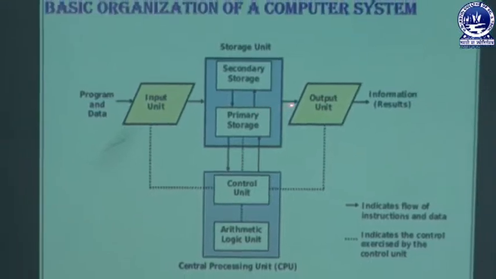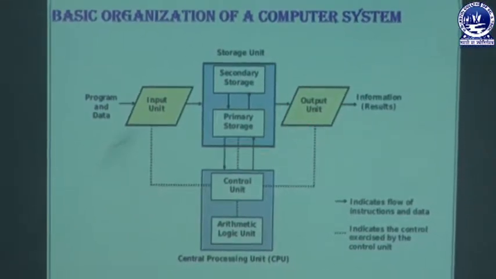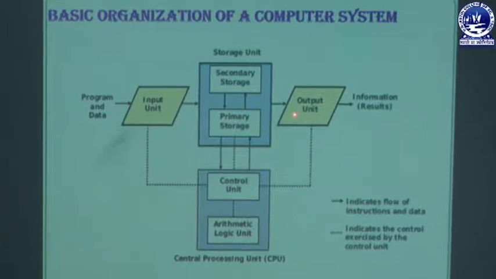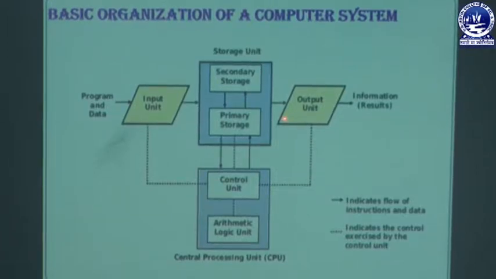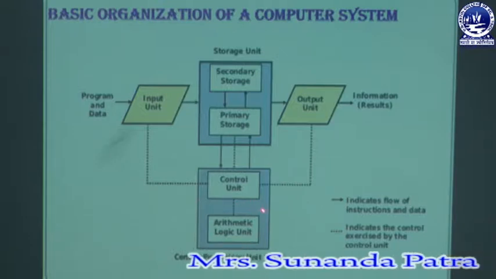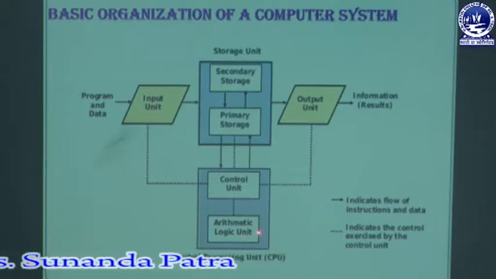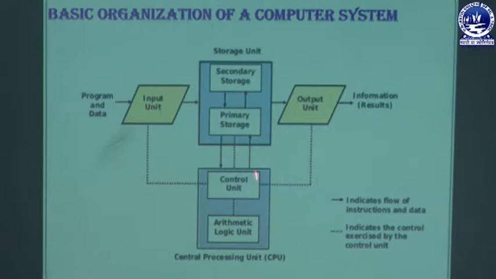After that the information will go to the output unit. That means the information will be displayed on the computer monitor, or you can make a printout of the information. That information flows from the output unit to the outer world, that means to us. So these solid lines give us a basic idea of how the data flows from the outer world to the arithmetic logic unit, and after conversion of the data to information, flows from the CPU to the storage, to the output and to the outer world.